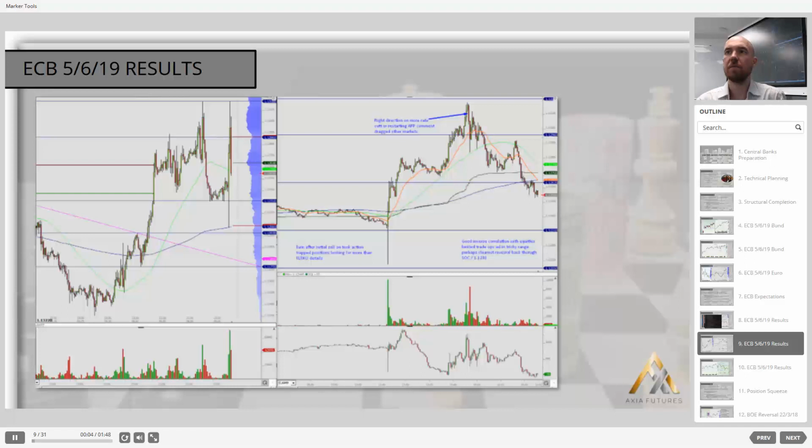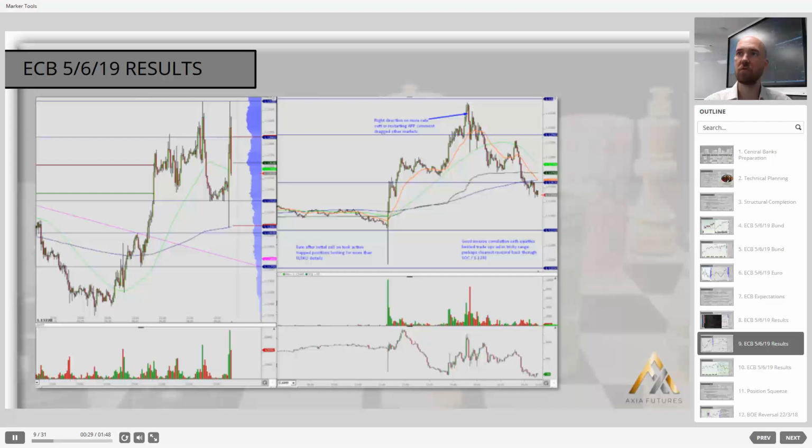As you just saw, the euro took out that structural play very, very quickly. We saw that fast drop and very quick turnaround. The majority of that trade was completed within the first 5 minutes post the decision. Following that, we then got progression higher moving into the press conference, which achieved the 112.86 area, and kept the